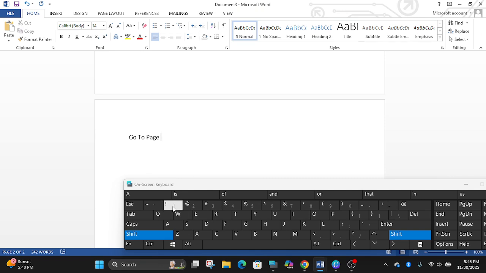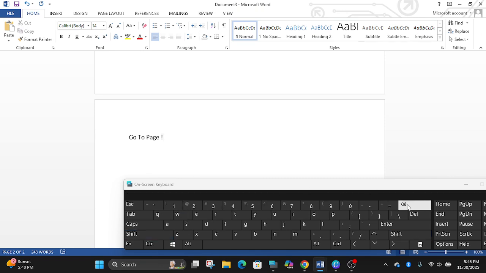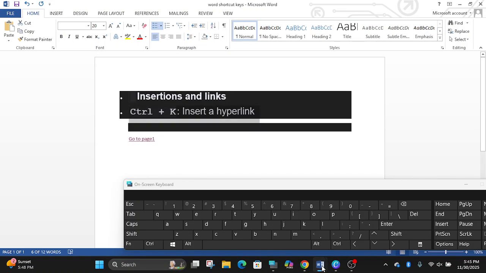Here the number. The number does not type it, exclamation mark. You don't have to hold down the Shift key. If you hold down the Shift key, you type the symbols. Okay, page, go to page 2. First selection, then action. Then, what about applying the hyperlink? Control K.